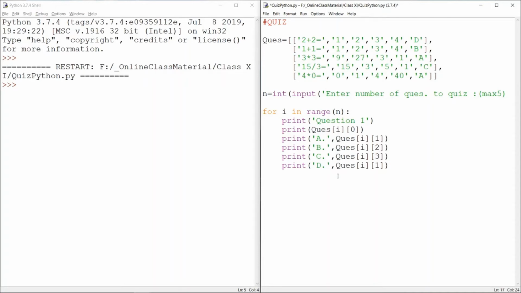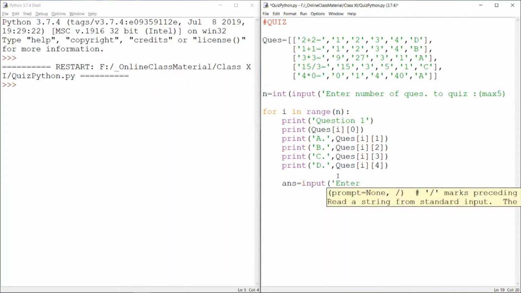So for this project you have to first try with a normal list and then the nested list. Now we need the answer from the user, that what answer you want out of A, B, C, D. So let us take: enter your correct answer or option.